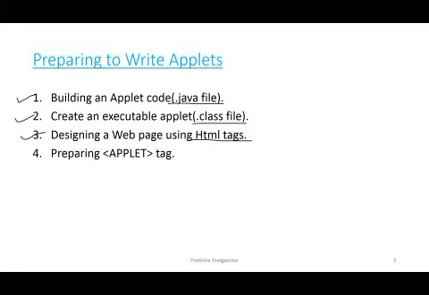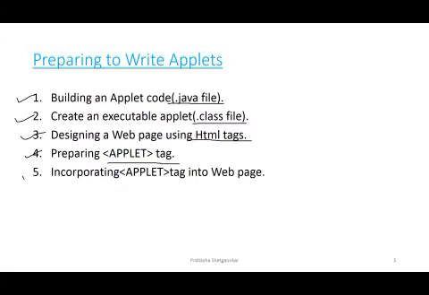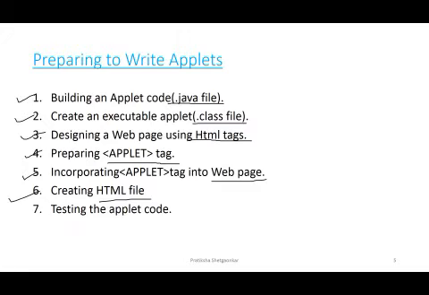Next, we need to prepare the applet tag and incorporate it into a web page, then create an HTML file and save it as a .html file, and we can then test this applet code. So let us look at the steps one by one.